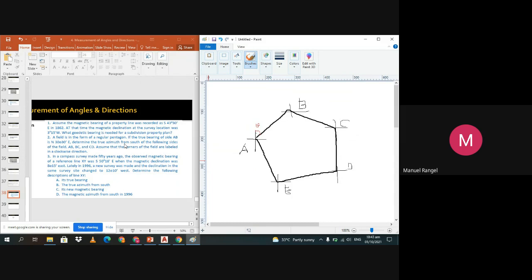So determine the true bearing and true azimuth of sides AB, BC, and CD. So kanilang na tulo ka lines A, B, B, C, and CD. True bearing and true azimuth ang ginapangita. So we have the